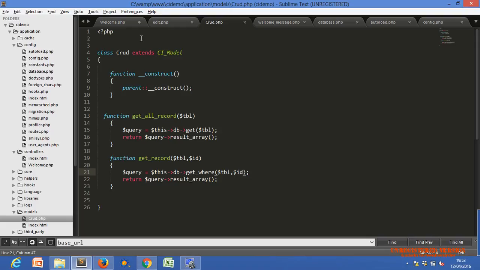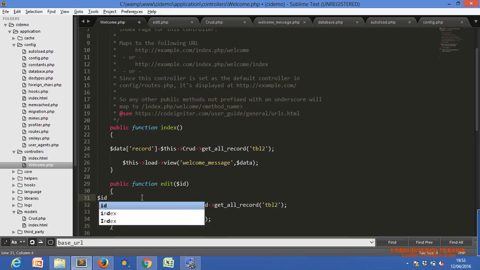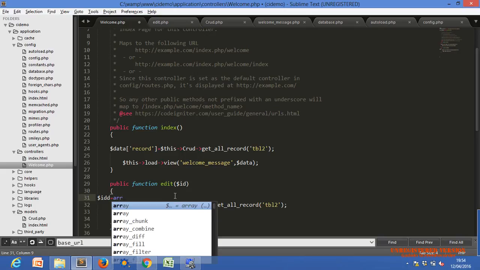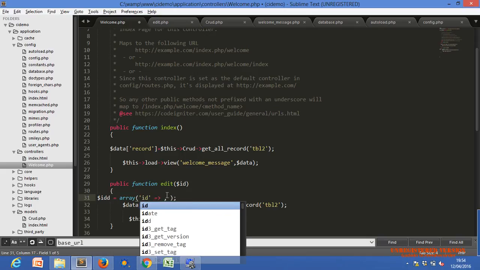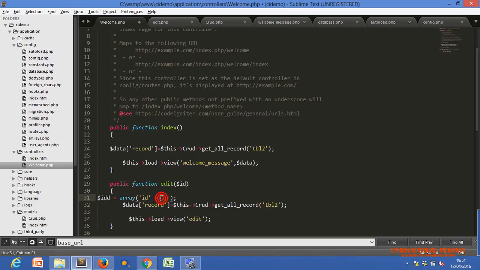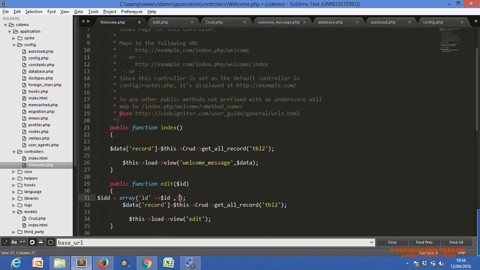Before calling this, we have to create an array, dollar ID. Okay, I just use dollar ID equals array. There is the ID, the column name, and this is whatever ID we are getting. We have to pass this kind of array.